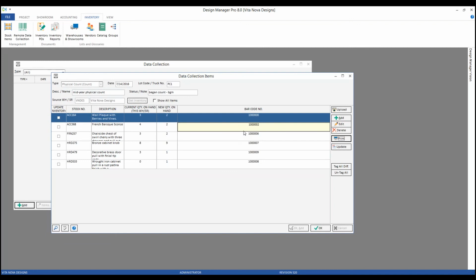Now, we want to tell Design Manager we're ready to update these particular inventory items with the new costs and quantities. And we would do so by selecting the Update Inventory option. Now I can do it manually for each one, but if I have a very voluminous inventory list here, that will be quite tedious. So you can use the Tag All